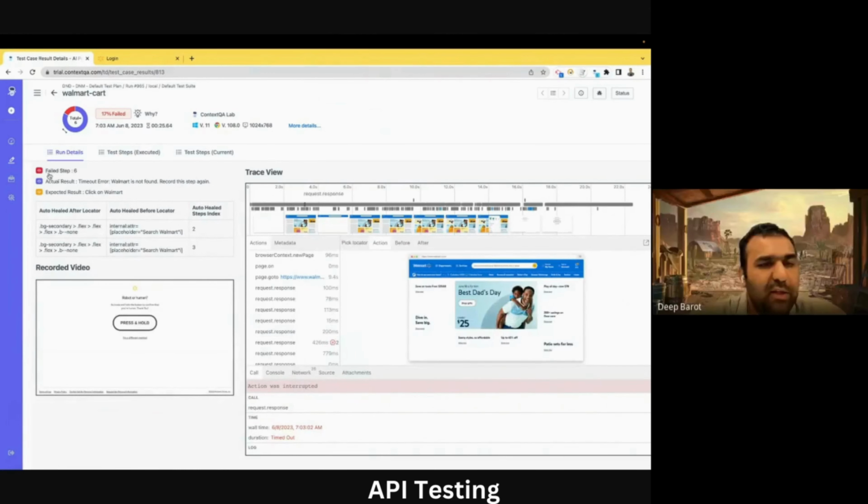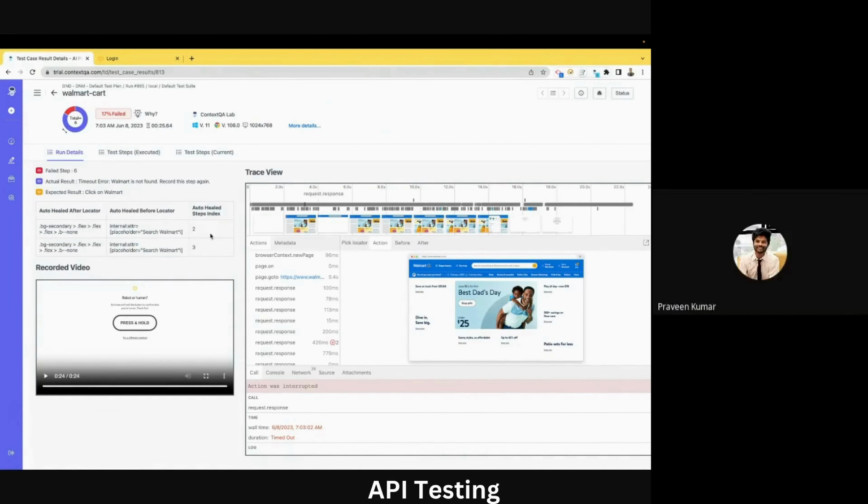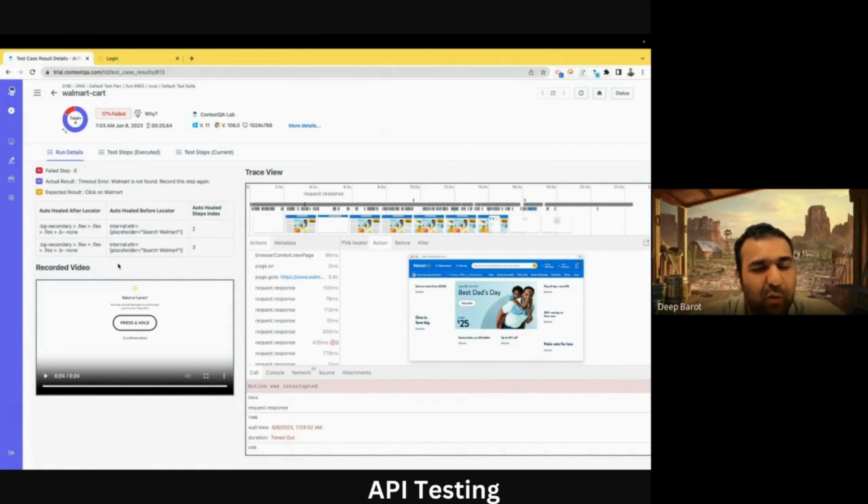But this is good, for example, because it tells you which step failed, what the actual result is, and what the expected result should be. It also automatically fixes it for you with auto healing. If you are more interested in how it found it out for you,